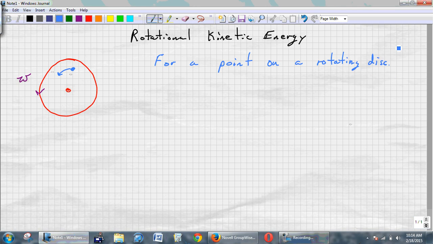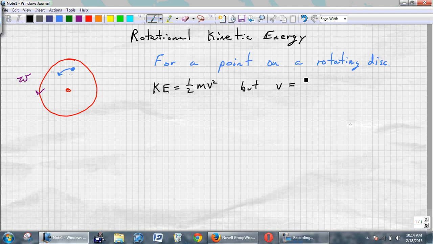Let's take a look at the kinetic energy for an object that is rotating. We're going to take a look at a single point, this point right here, on a rotating disk, and that disk is rotating with an angular velocity of omega. We know from before that the kinetic energy for this particular point is going to be given by the equation 1/2 mv squared. But we know that velocity tangential, that linear velocity